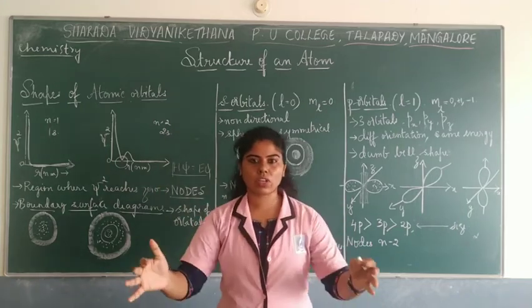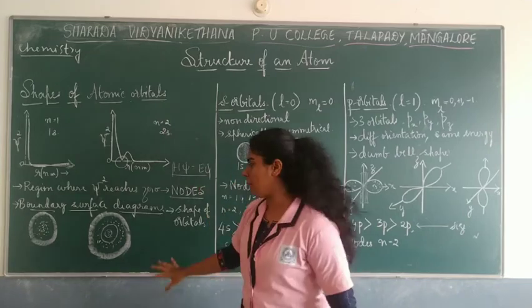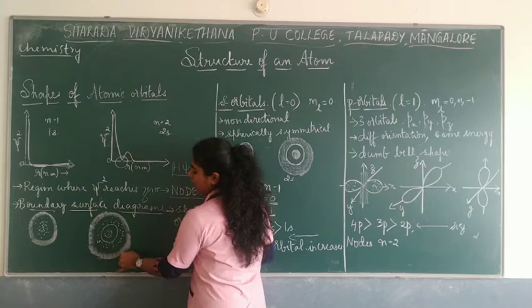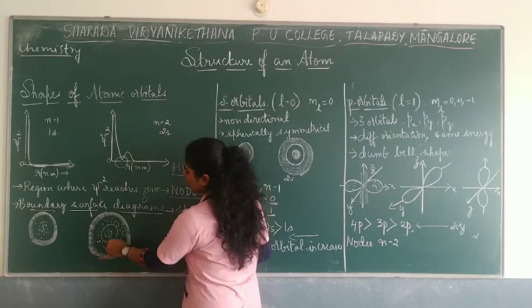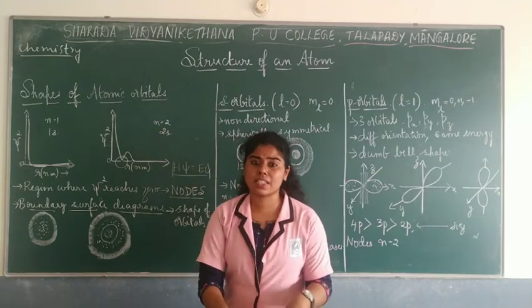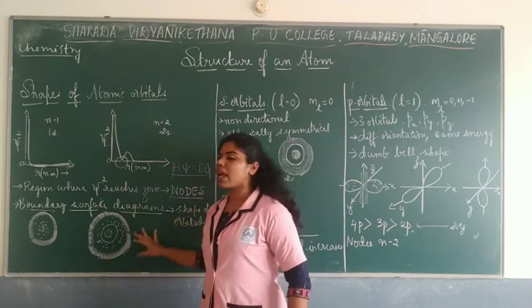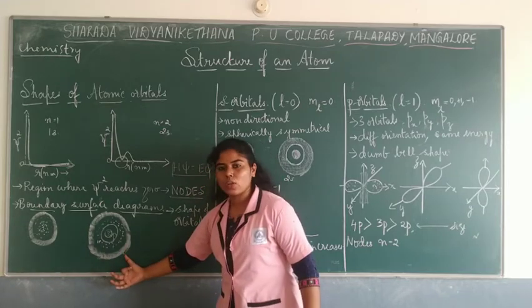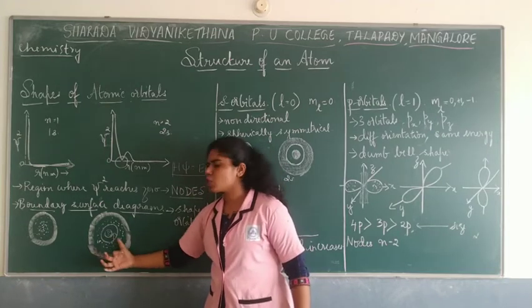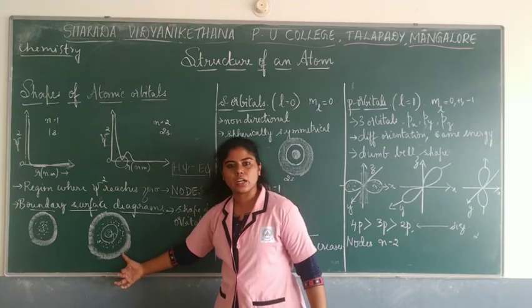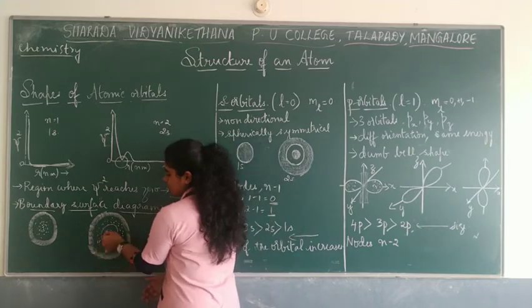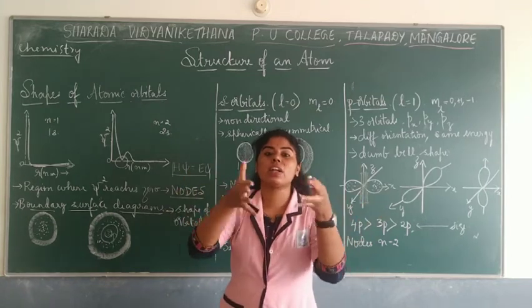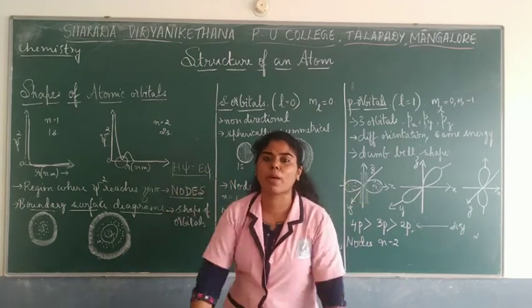Because if you are talking about an atom, imagine it is spherical in shape. Okay, if I get a point over here, or if I get a value over here also, there is probability of finding an electron. Maybe it has a lesser value, but we are talking about the entire atom. Imagine if the electron is here, then if I get a value over here, yes, there is probability of finding an electron even here. Even if I get a value here, yes, there is probability. But we are talking about the high electron density where there is maximum probability.